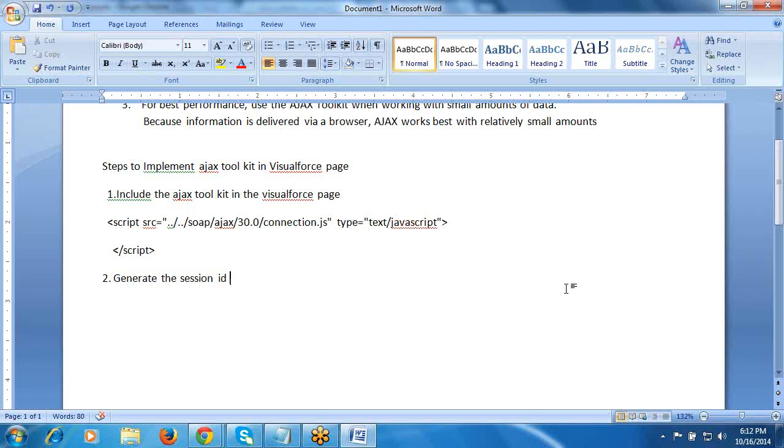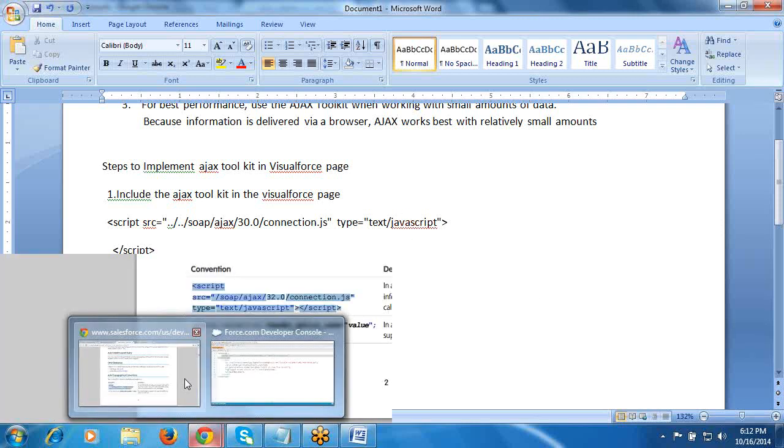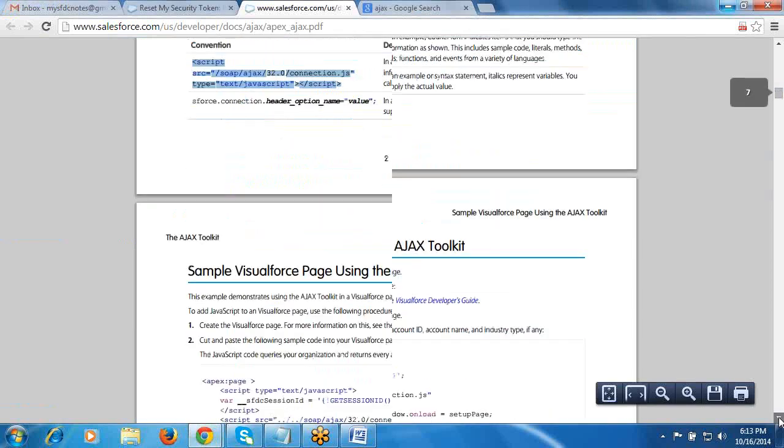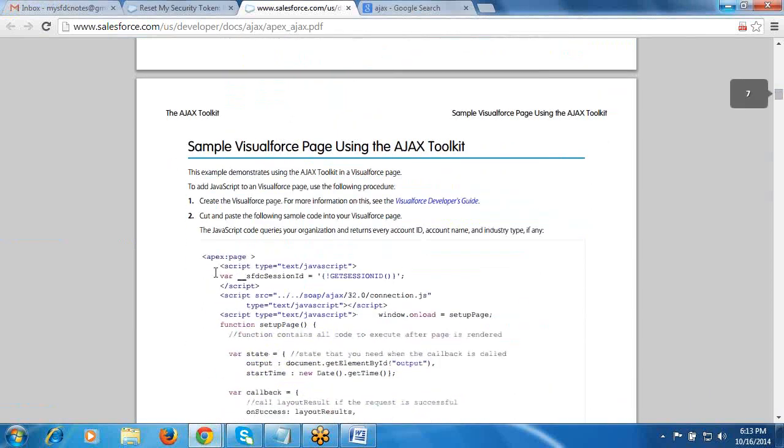That's the web services. Taken everyone? Then we need to generate the session ID. When you want to generate the session ID,